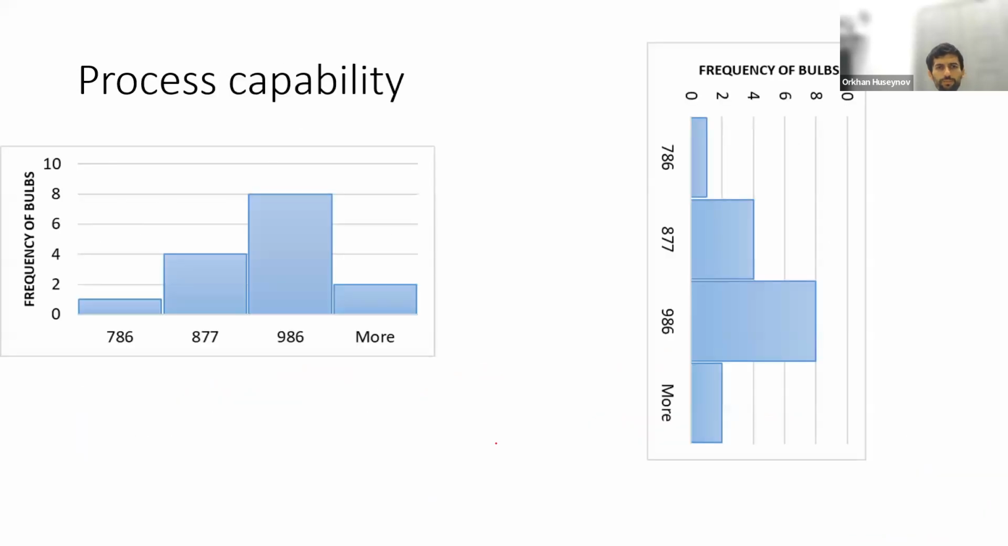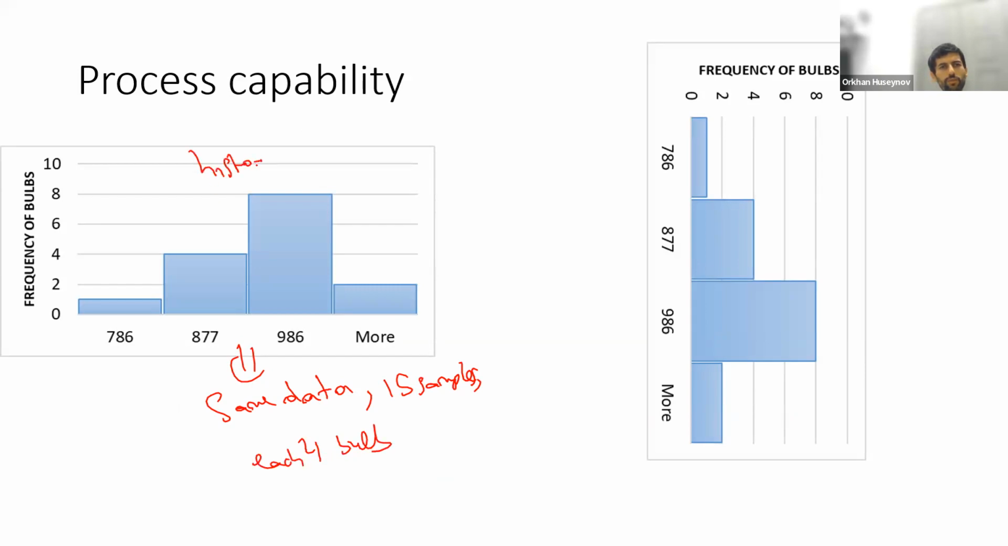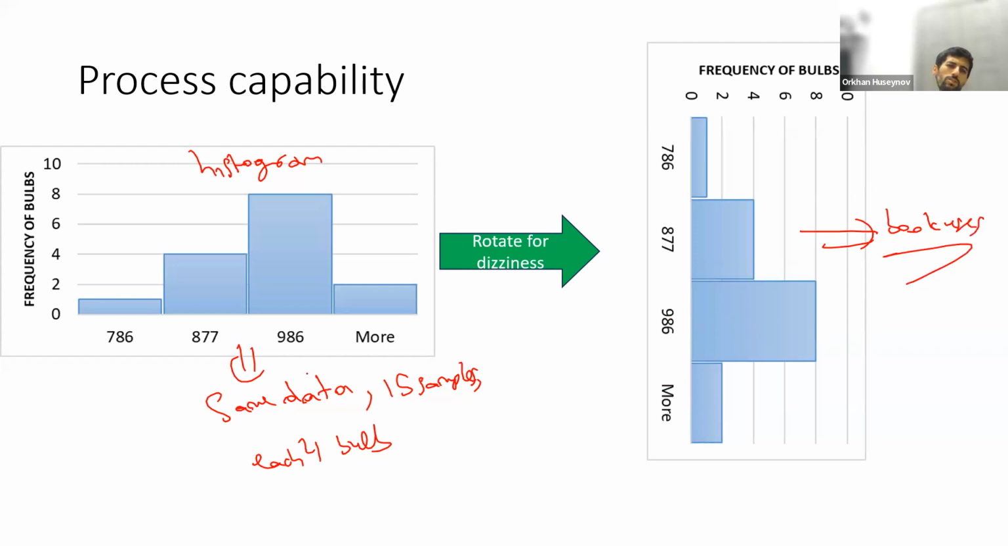Okay, let's start. So the first thing is that this is the same data that we had. It means that we had 15 samples, and in each sample we had 4 bulbs. Okay, this is the histogram. So we are rotating that histogram this way, because generally the books use this version, okay? So we have the same data, 15 samples, and 4 bulbs,